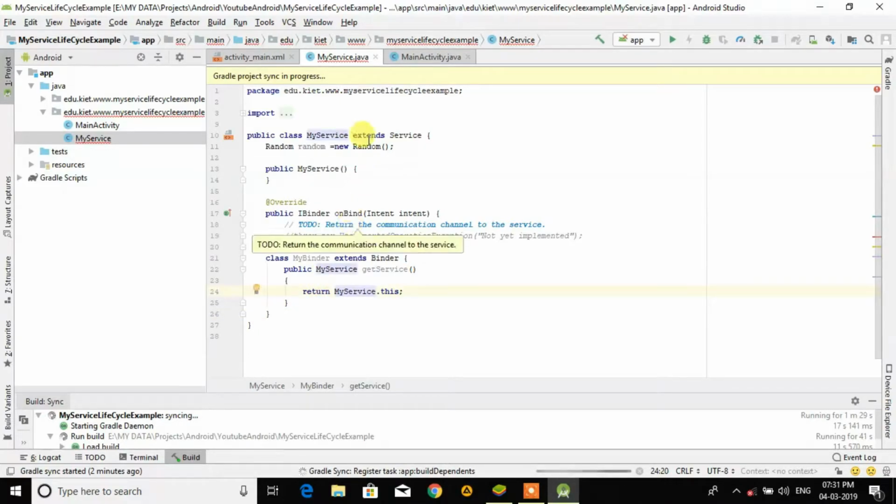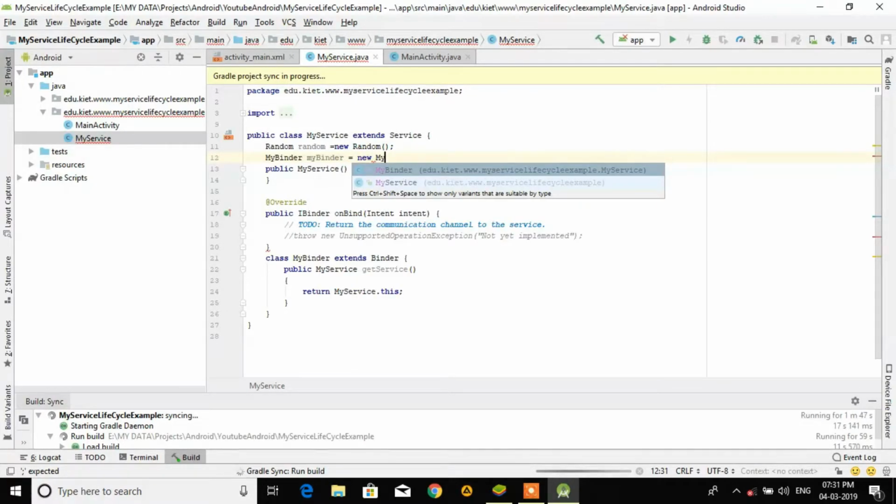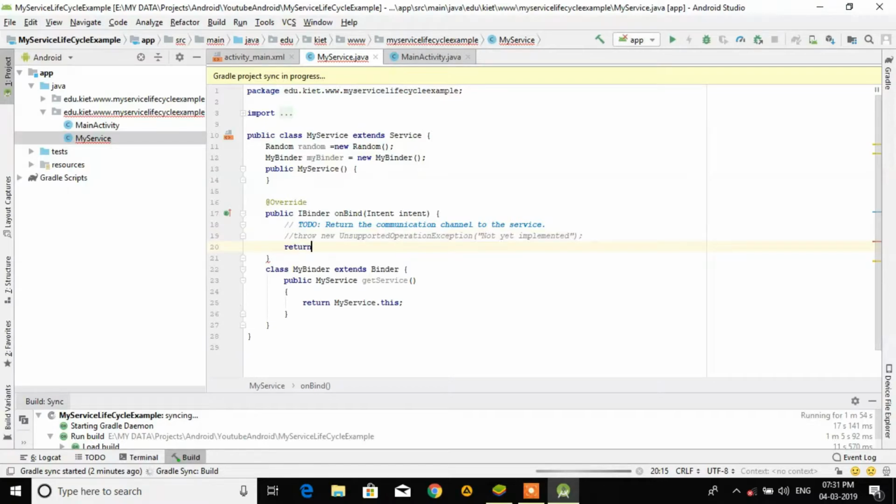Now we have to create the object of this class, MyBinder, equal to new MyBinder, and here we have to return the object of that binder, like this.